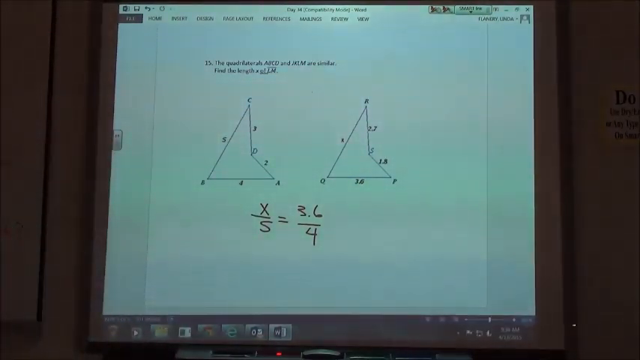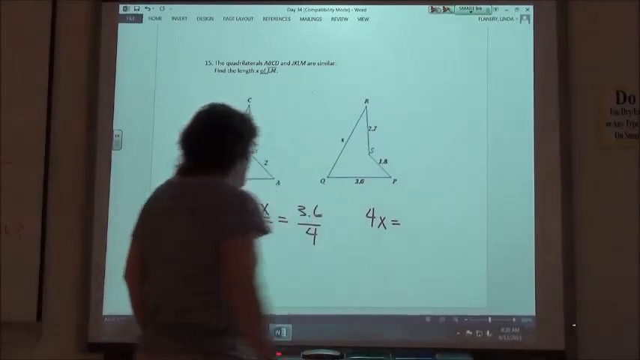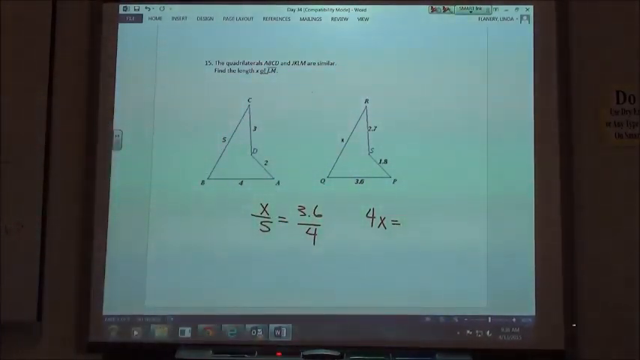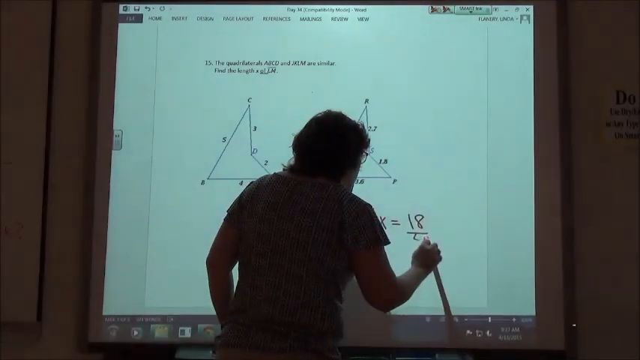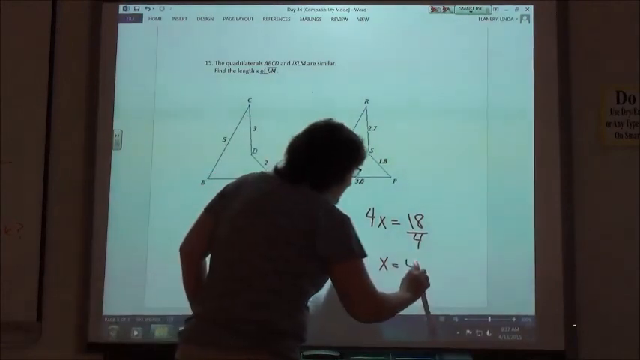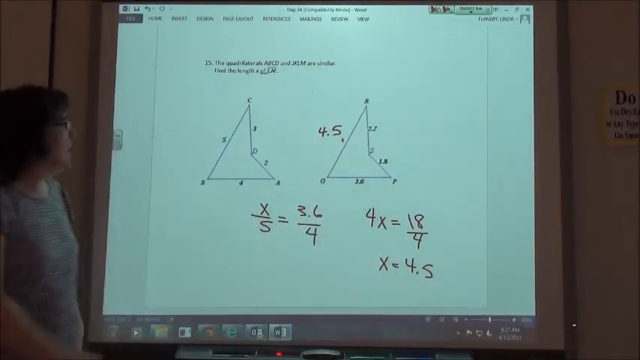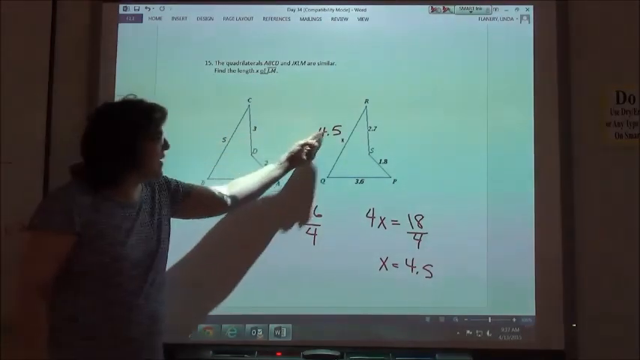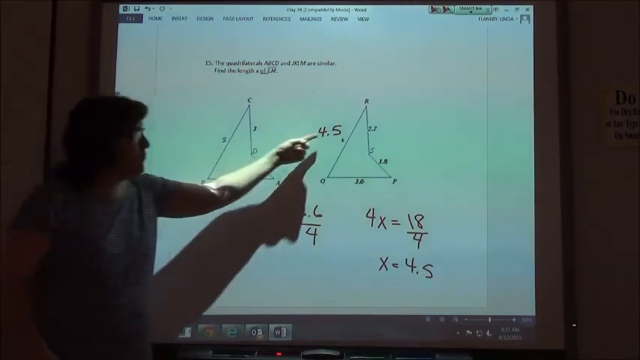So cross multiplying, we would get 4x equals 18. And when we divide by 4 then, 4.5. And you can see that from here to here, they each just get a little bit smaller. The 5 was the biggest side, the 4.5 is the